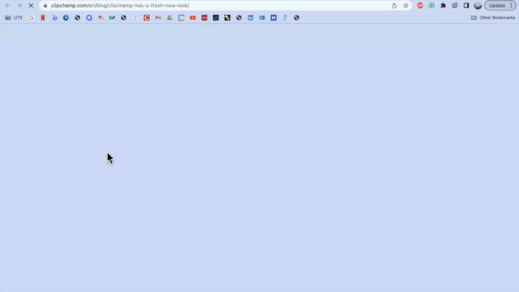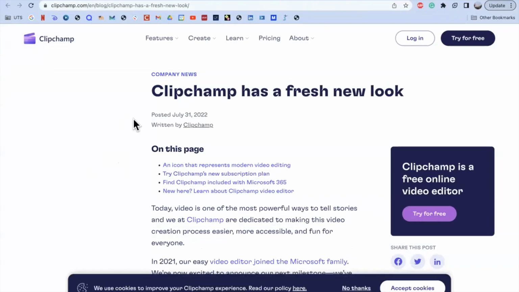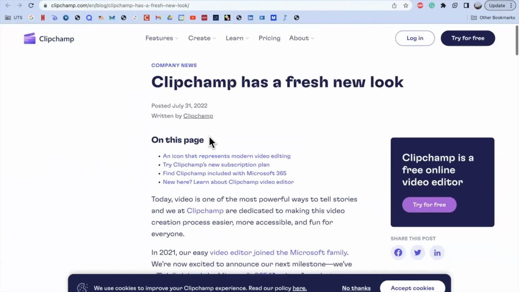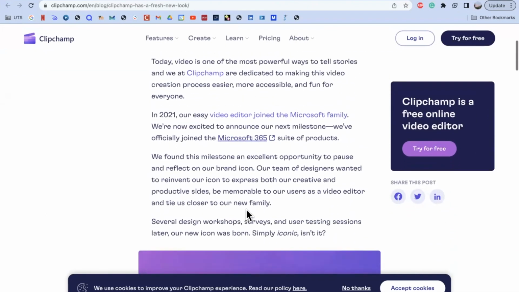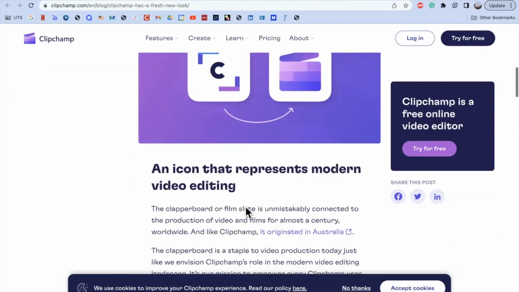Now you can also go straight to this website, which is the Clipchamp website itself. It's kind of giving you some company news. On this page, you can look at the icons that represent modern video editing. You can try their new subscription plan. You can find that Clipchamp is included with Microsoft 365. And you can also just learn about the editor. So this is a great place to go if you want to learn some more about the platform,